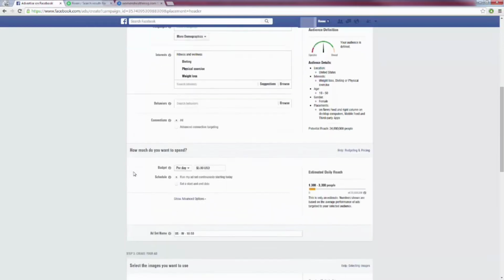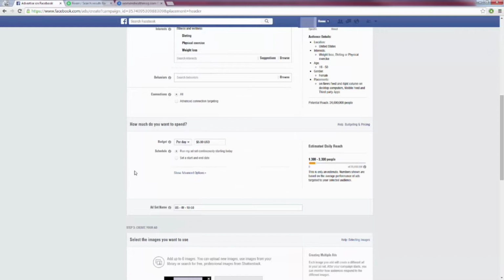Okay, so scrolling down a little bit further here, how much do you want to spend per day? This is completely up to you, but let me point out that it doesn't matter how much money you have. Spending $500 a day is not going to change anything, and it's not going to make your ad do any better. I always recommend $5 to $10 to $15 per day. I don't recommend starting off with $20 plus because it's really not going to make a difference. We're going to be split testing different ads anyways, so all those different $5 ads are going to add up anyways if you're looking to spend that much money.